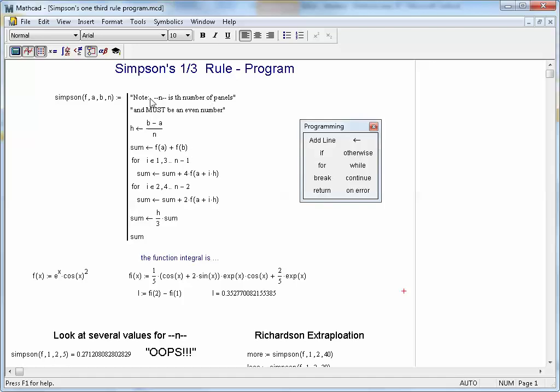Okay, but this one has a few comments, a first line, a second line, a loop over all the odd terms, for i goes from 1 to 3 up to n-1, and that's a single line loop. Then a loop over all the even terms, starting with 2, 4, all the way up to n-2, and then finally a one-line thing to wrap it all up, which is multiply by h over 3, and then return that sum. And so just to show how it works,